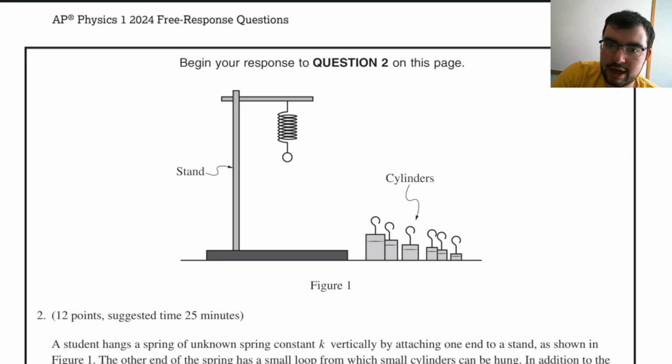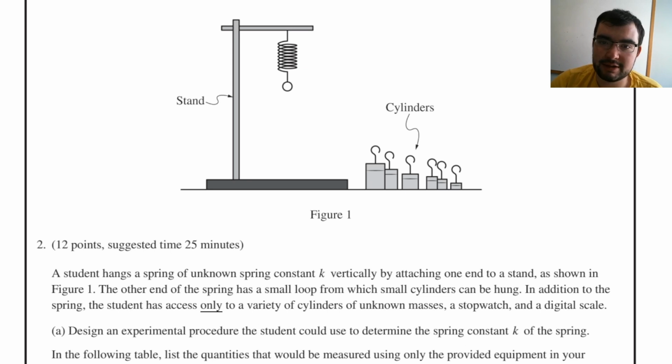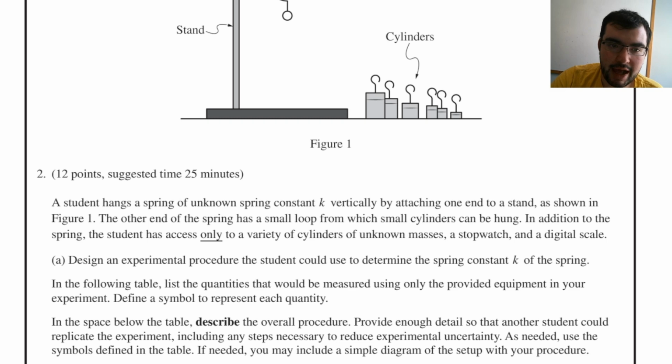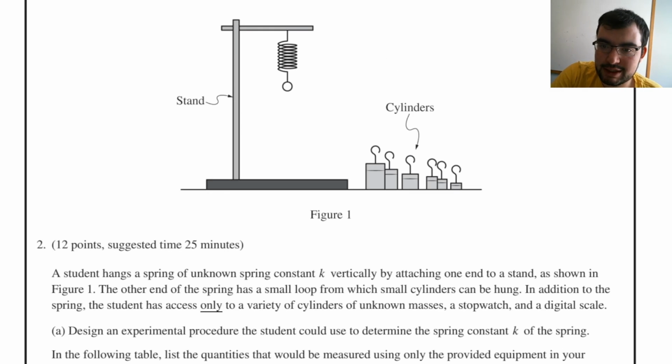Okay, onto this spring lab design question. I really liked this one. This was a really good typical lab design question. This is very in the range of things I've done in class. Very typical. So, a student hangs a spring of unknown spring constant K vertically by attaching one end to